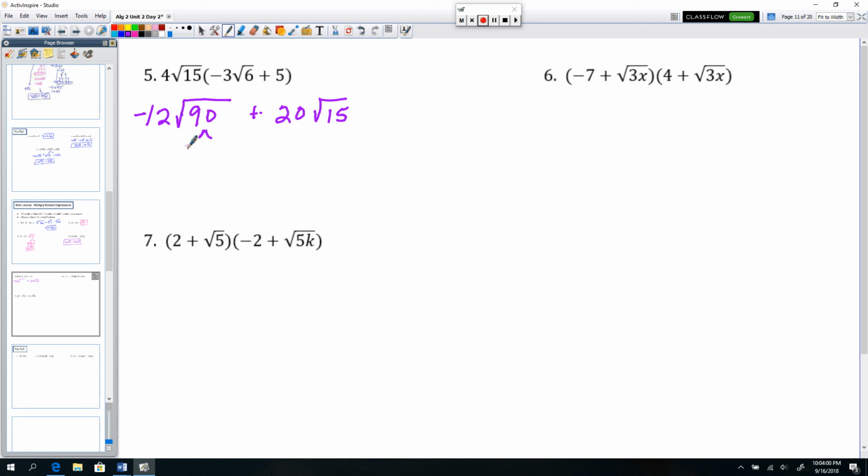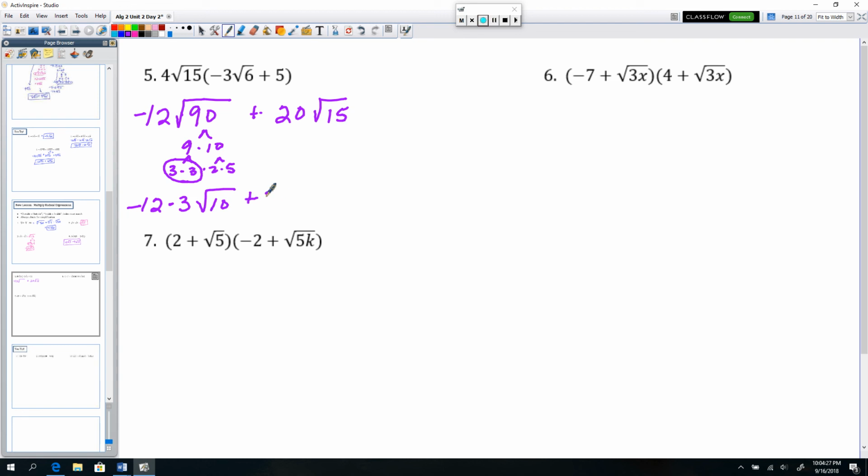So let's take care of this. There's a 9 times 10 and this can break into 3 times 3, and the 10 can only break into 2 times 5. And again, the index is 2, so we need groups of 2. There's only one of those, so there's just that. So negative 12 gets joined by the 3 that comes out to represent that grouping, and we leave behind the square root of 10,